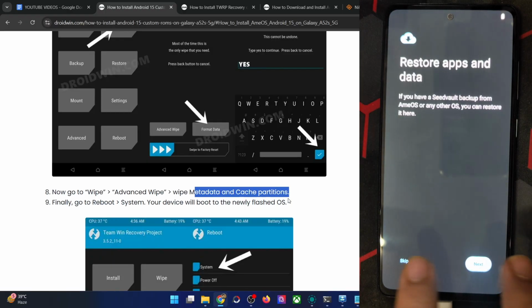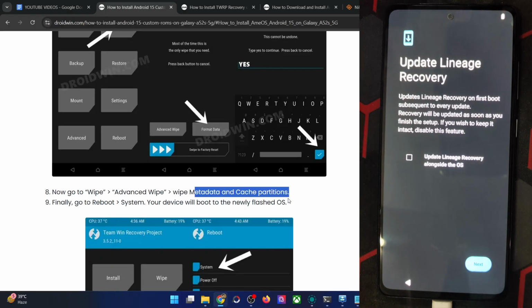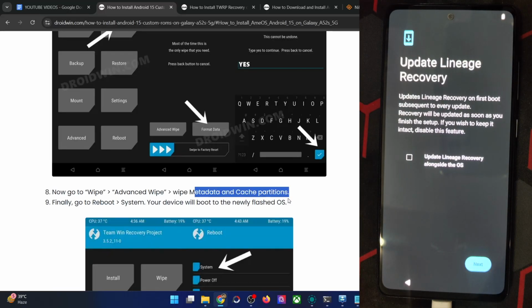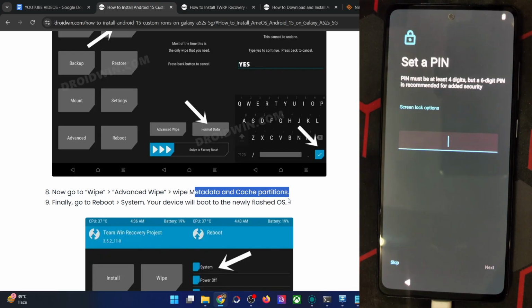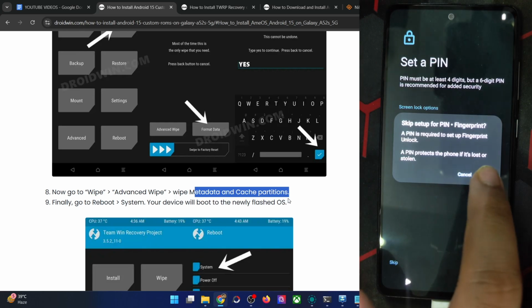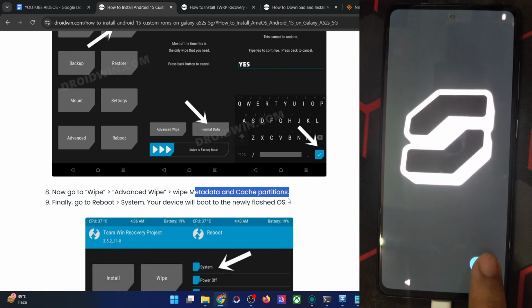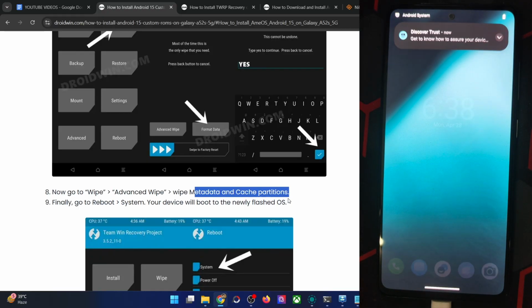Let's skip this. If you want, you may link your Wi-Fi, then link the Google account and restore all the data. What is this? Update Lineage OS recovery alongside the OS. So whenever you update the OS, you will also update the Lineage OS recovery. If you want, you may keep that as well. But we are using a custom recovery such as Orange Fox or WRP. But it's recommended to go with the Lineage OS recovery if required. Hit the start button, and with this we are now inside the OS.